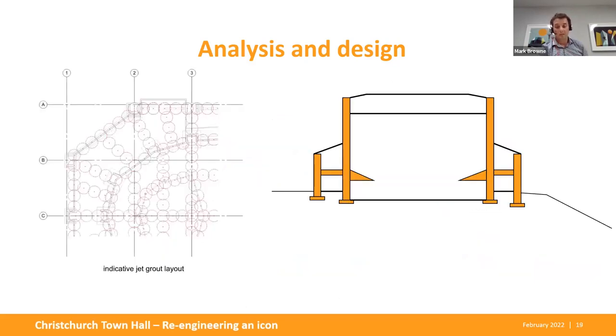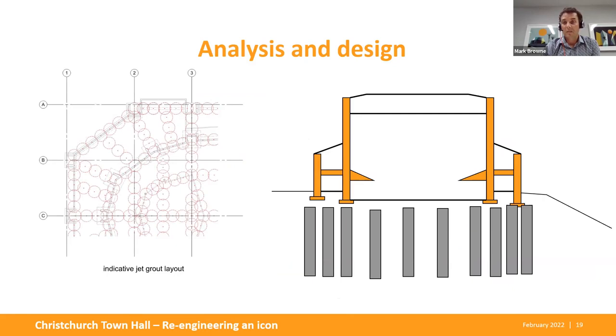Now, it's pretty well publicised that the ground under the town hall, as I've already mentioned, is pretty poor. So one of the really key areas of design that we worked hard on was the soil. So Tonkin and Taylor were partnered up on this one, and the basics of what we developed: we developed 2 main solutions, one of them being piles with ground beams, and the second one was jet grouting underneath with